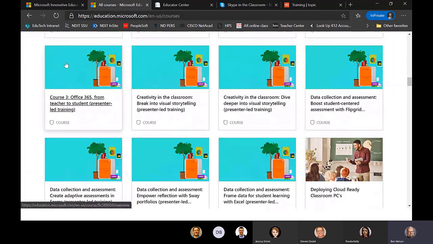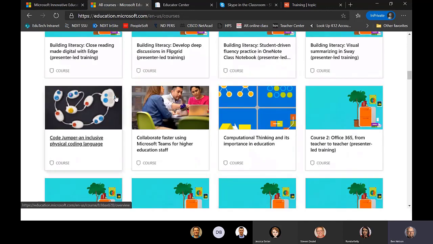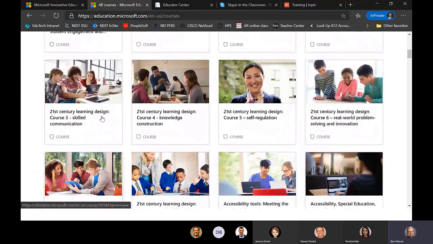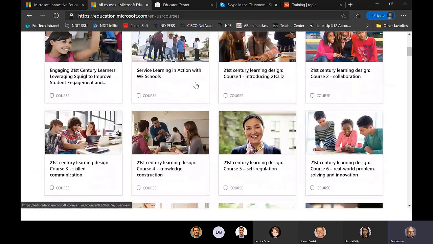These ones with this particular banner picture that show the little tree with the, I think it's a file cabinet there, these are actually presenter-led trainings. Those are trainings that are meant to be shared with other teachers and done in person, and then you turn around and take a quiz online to earn credit for those. But the majority of them are ones that can be taken online at any time, whenever it's